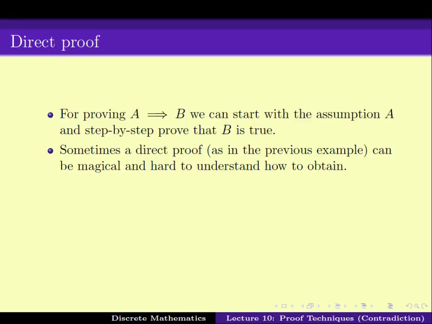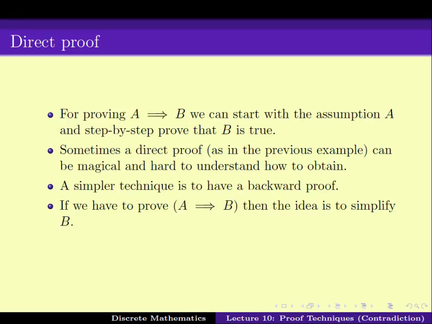So we might want to come up with a different technique. The technique that we suggested was going backwards. Namely, start with B, the thing that you have to prove, work with it, and slowly simplify it to get a simpler statement which might be easier to prove from A. So in other words, if you